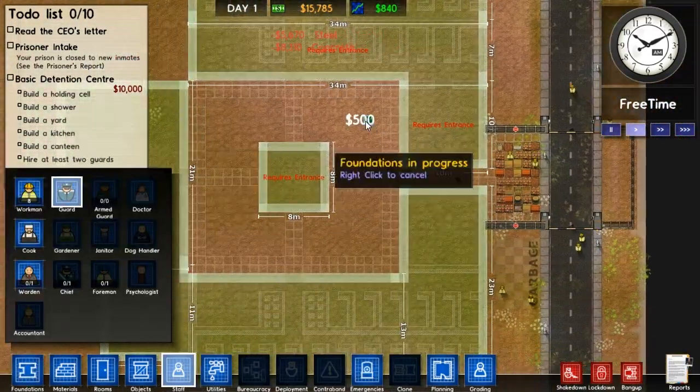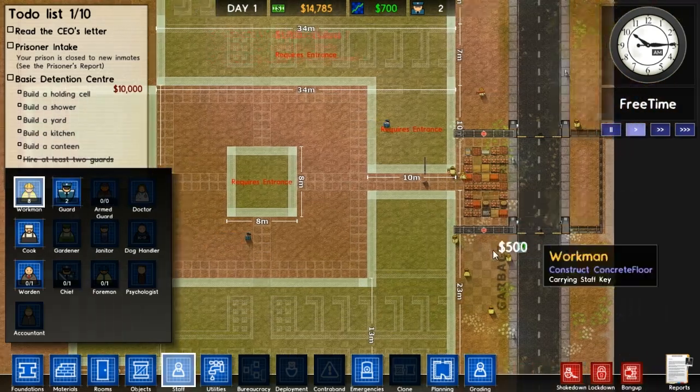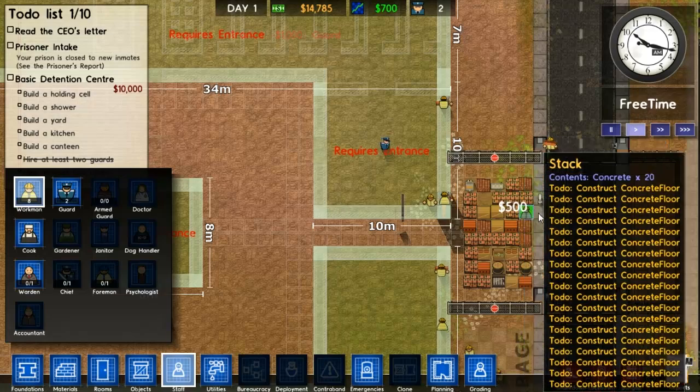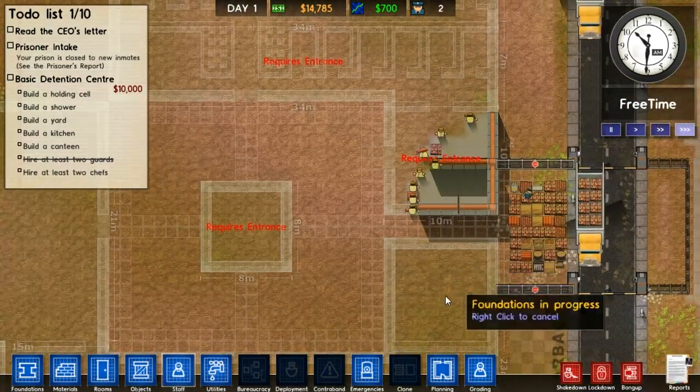What we'll do is we'll hire 2 guards. And then we'll hire 2 cooks when we've got the funds for it. I don't really need to build 1 more worker. So what we'll do is we'll just go to hyperspeed mode, and hope they can actually...